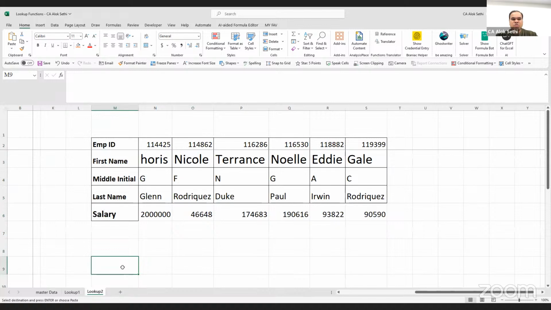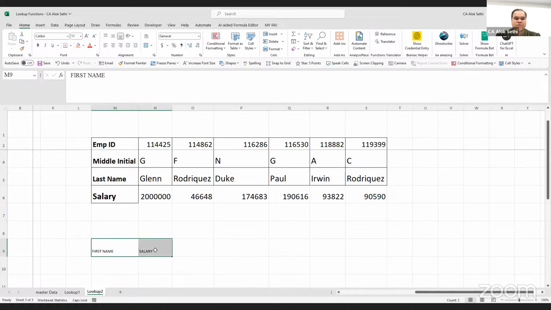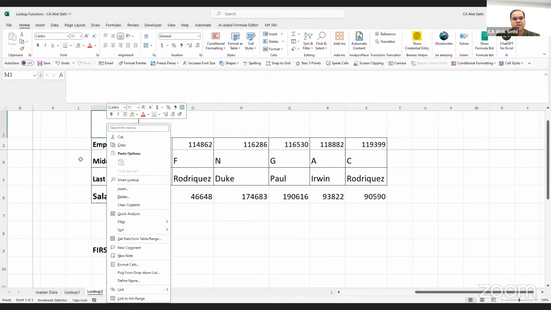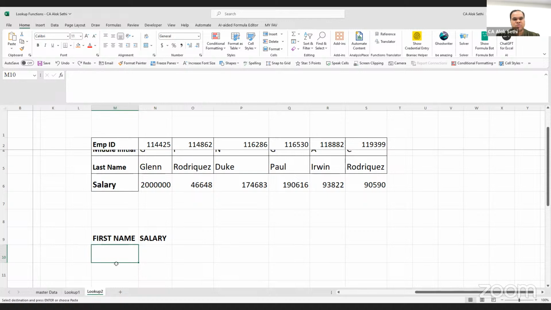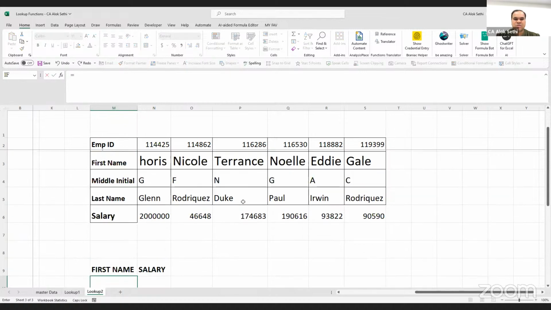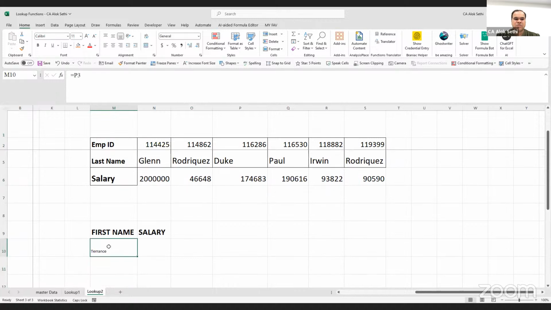Now, suppose based on the first name, I want to find out the salary. For this particular case, I cannot use X lookup or lookup. I will have to use H lookup. ठीक है, तो हम एक काम करते हैं, फर्स्ट नेम में से कुछ कॉपी कर लेते हैं, लिखा हमने टेरेंस, और टेरेंस की सैलरी मुझे पता लगाना है, ठीक है। So I just want to find out the salary from this name. ठीक है।